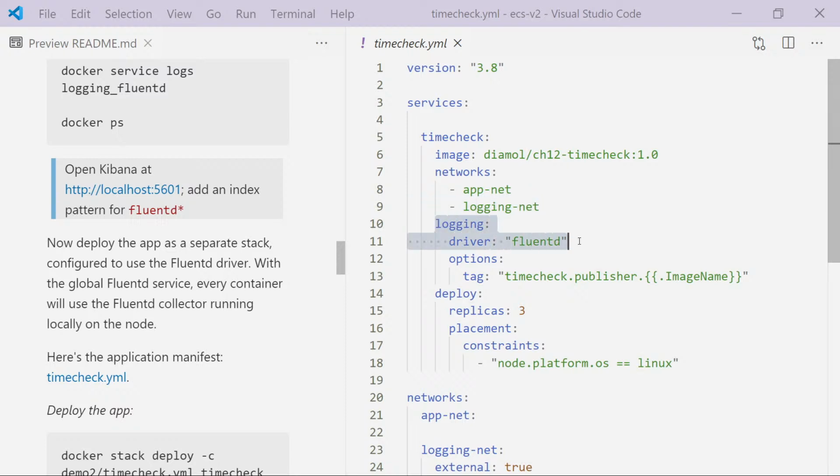But my Fluentd driver, this is happening at the host level. So the Fluentd driver is going to use the default options of localhost and port 24224, which is where my containers are listening. And here's where I put in that tag. So I can put in some specific data here. I can hard code the fact that this is my timecheck application. The component is the publisher, which is just a name that I made up. And then Docker will supply the actual image name. So when the log entries get sent to Fluentd, it'll have the content of the log message plus this tag, which will be timecheck.publisher.imagename,